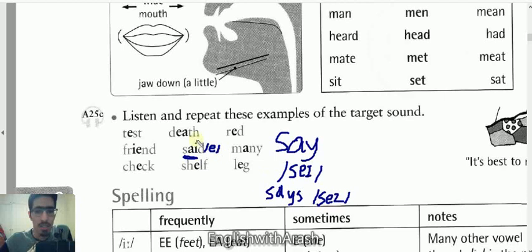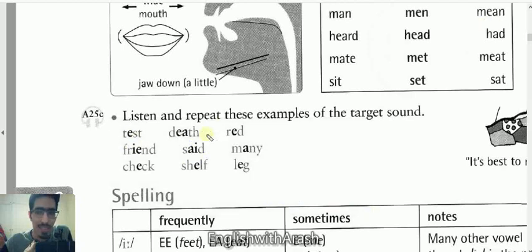So, let's practice them. Test. Death. Here I want to tell you something important. Here you see EA, and it's a short sound. But again, I'm going to write EA here. This EA is not that sound. This EA is long E. So don't be deceived by what you see, because English doesn't work that way. You have to check it in the dictionary. So the first one, EA, is death. The second one, EA, is